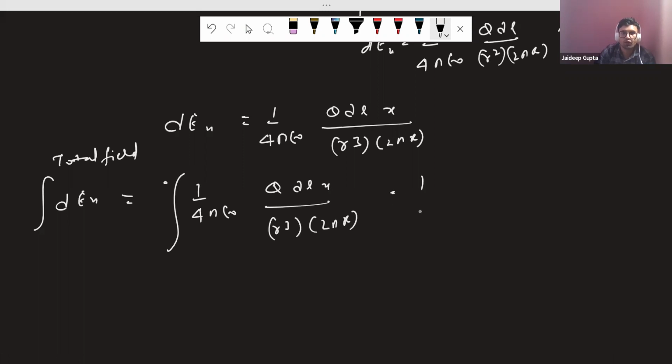Now 1 over 4 pi epsilon is constant, q is constant, r cube is also constant, x is also constant, 2 pi r is also constant. Now we have to integrate dl. Now if I integrate dl,